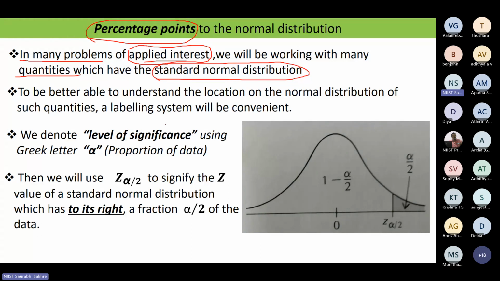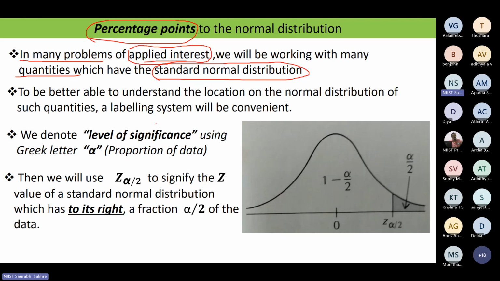And what we will do is that first, for this standard normal distribution, we will devise one labeling mechanism, one labeling system. By now we were seeing that with this much is the percentage points, this is the Z value, or for this Z value, this is the percentage points. But now we will deal with the level of significance also.